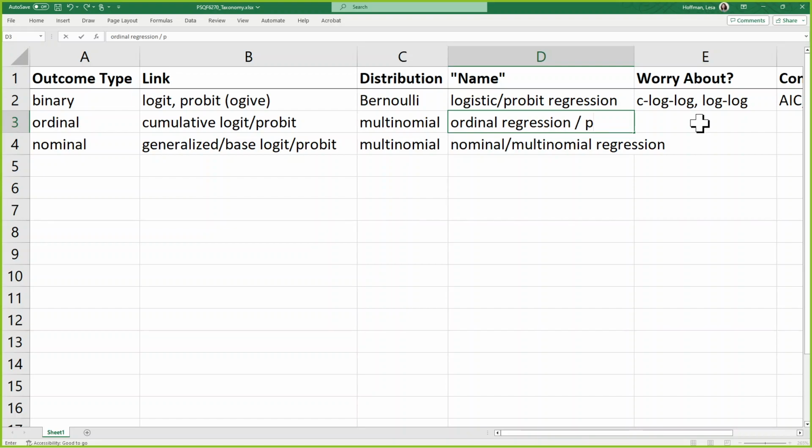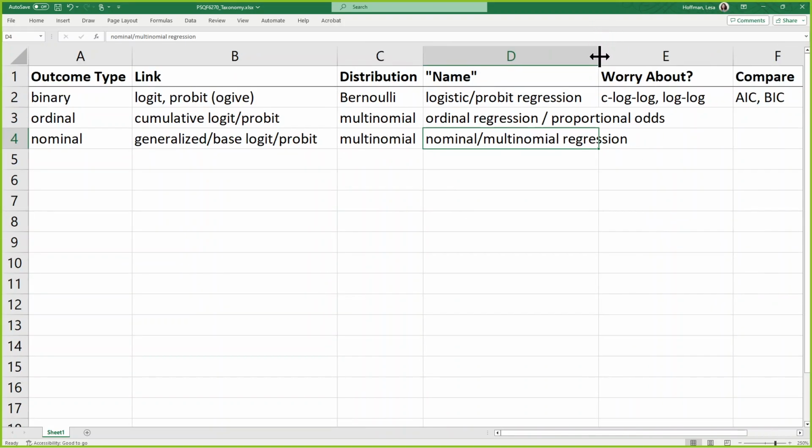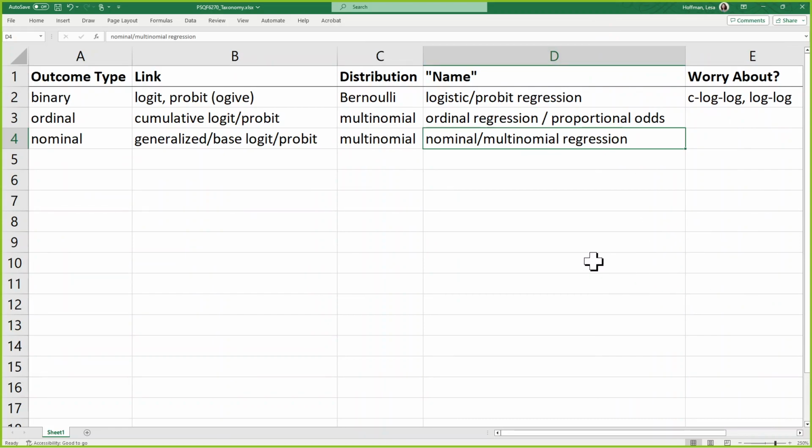Starts with a P. R, O, P. Oh, proportional odds. Hey, proportional odds. But I can't type. I do have a PhD, in case you're wondering, and I still can't spell, especially not in front of people. So in the worry about column then,